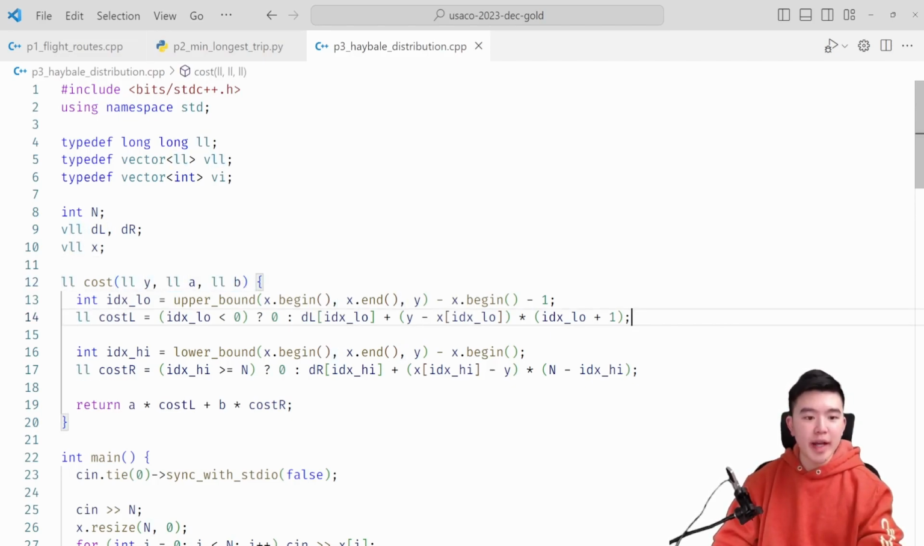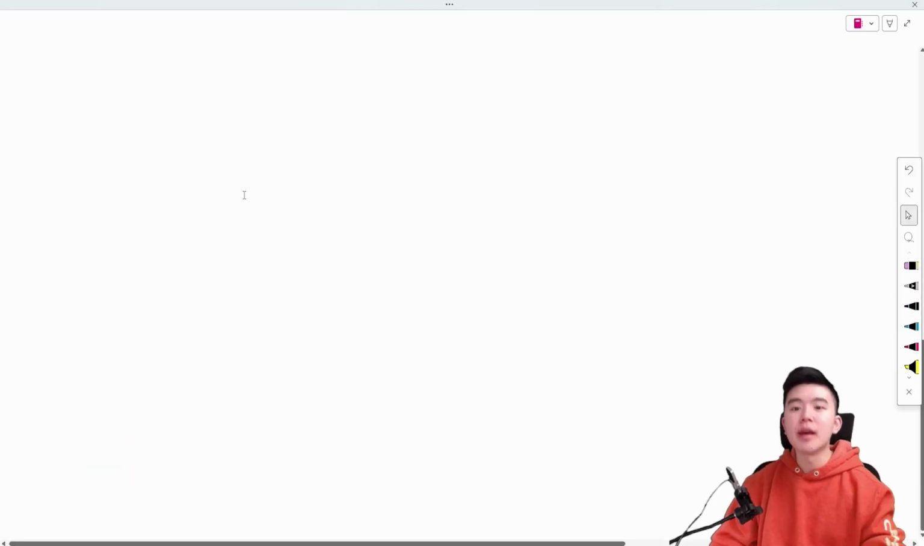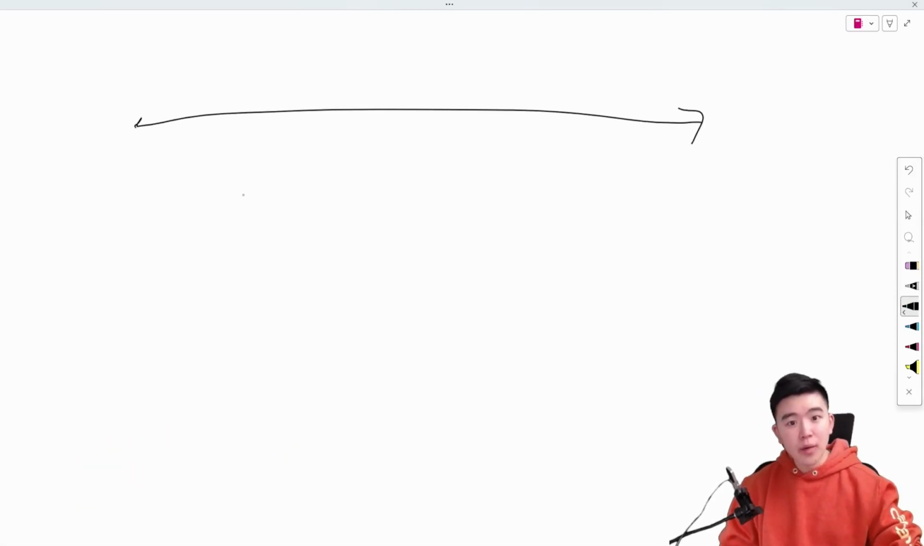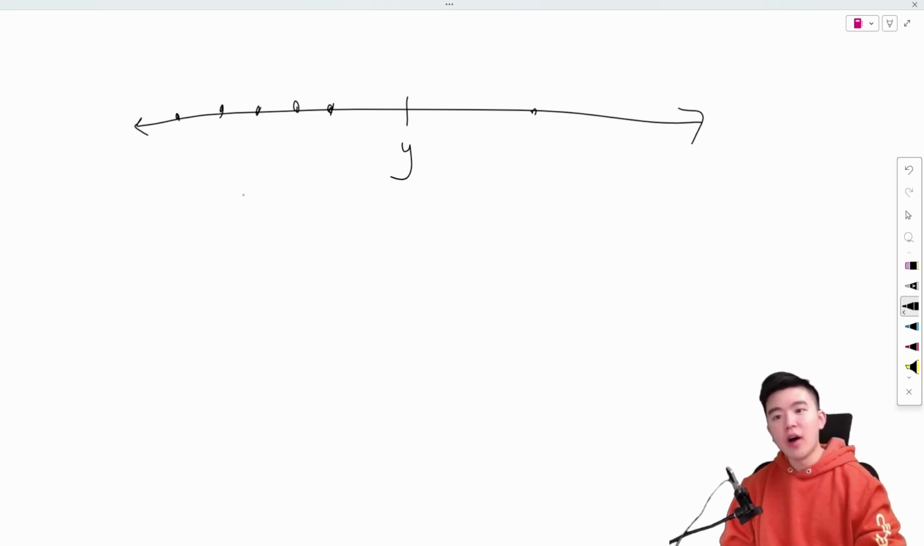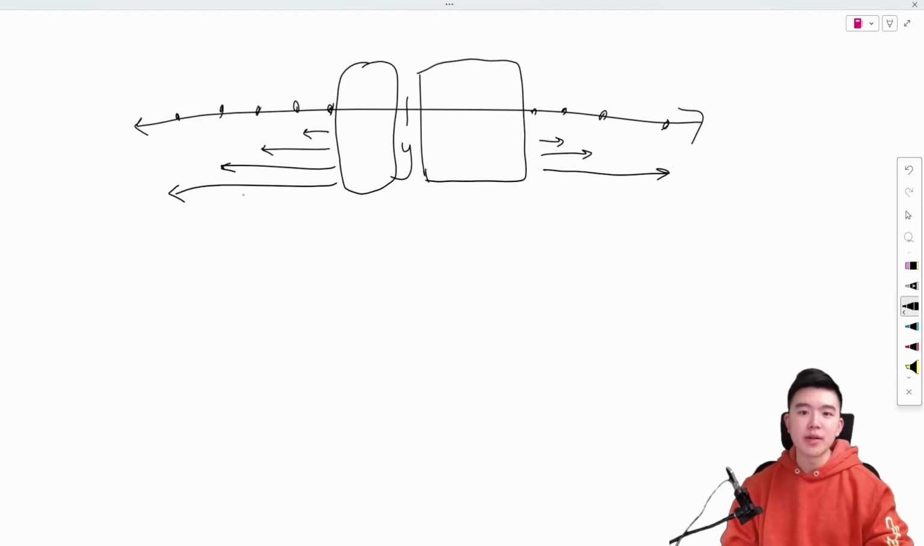This allows us to write a function cost, which takes in parameters y, as well as coefficients a and b. Now, the idea behind this function is once we have a coordinate y, we will have all barns to the left and all barns to the right. We will know the sum of the distances here, as well as the sum of the distances here. And all we need to add to that is this distance times however many barns are to the left, plus this distance times how many barns there are to the right, where each of those are weighted by A_i and